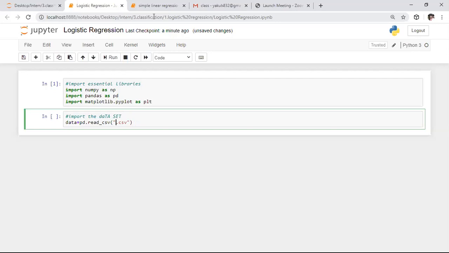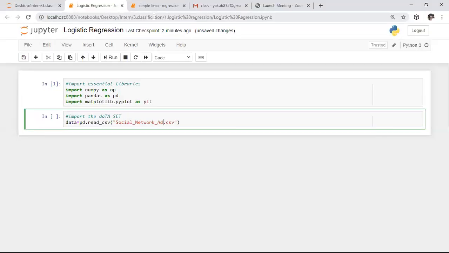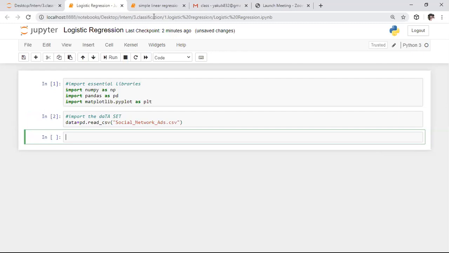For that purpose, we need to specify the data set name. Our data set name is social network ads. So here is the data set which I am taking.